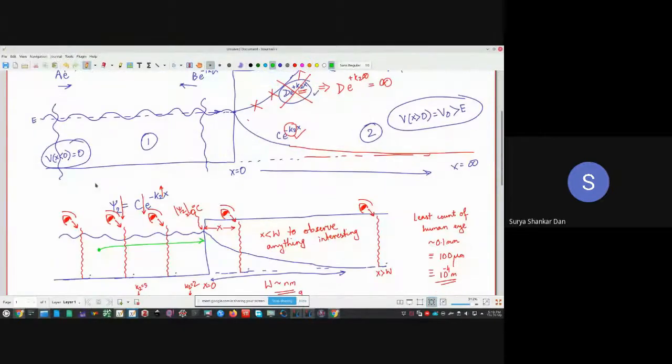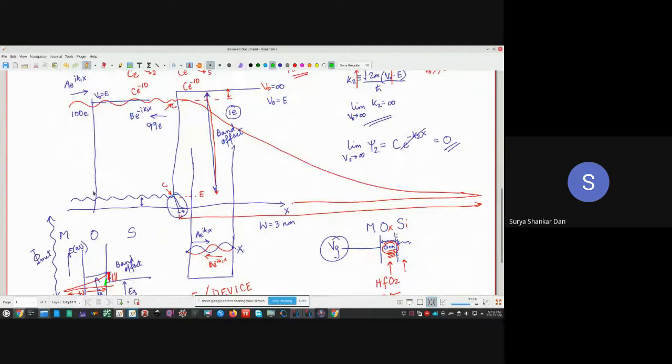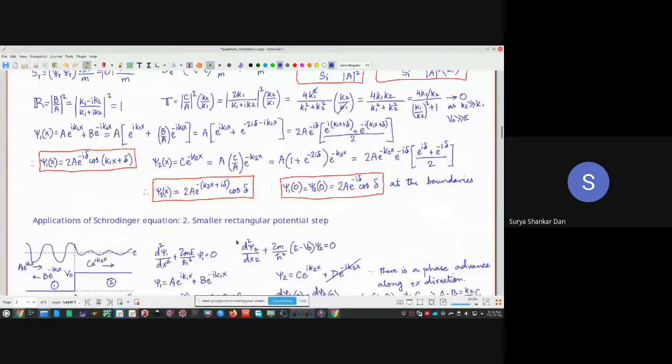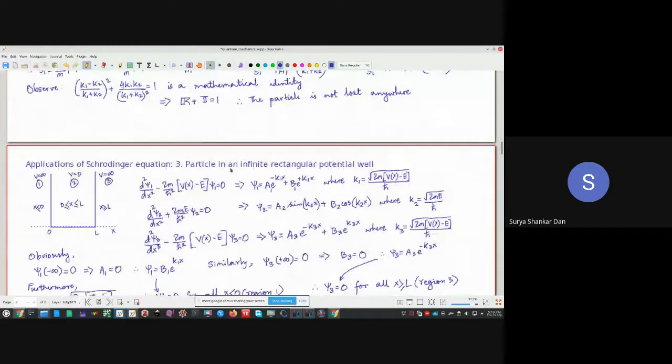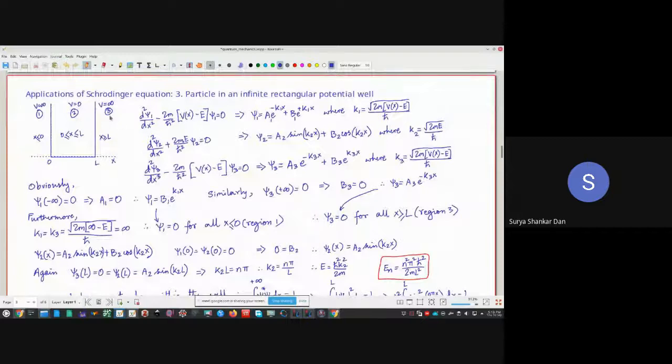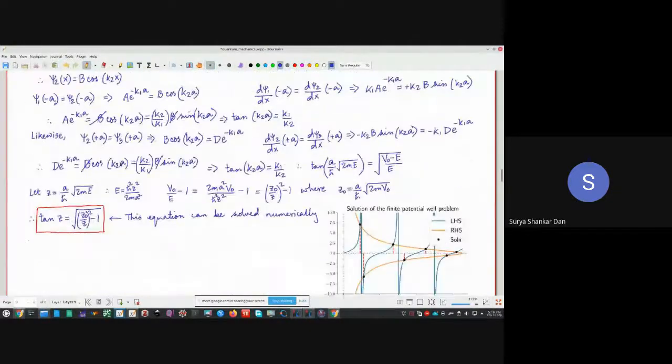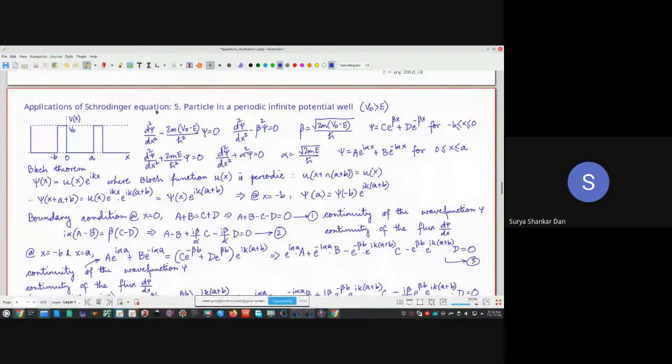Okay. Now, this is one of the aspects of device reliability, where you can directly relate to whatever we have done today itself. Okay, Shriya? Yes, sir. Later on, I don't want to frighten you right now, the combination of whatever we are doing, this is the infinite potential well, which I have just explained a little bit. We will do it within a couple of classes, probably next class itself. Later on, we will culminate into this kind of thing: the fifth application of the Schrodinger equation, in a periodic infinite potential well. This is also a model you have to develop as part of your laboratory.